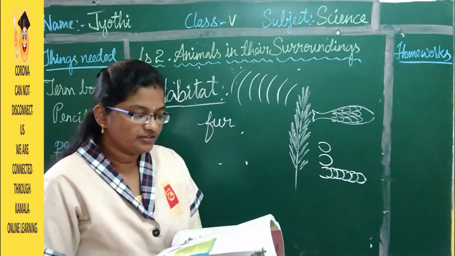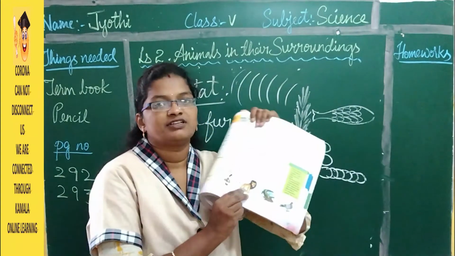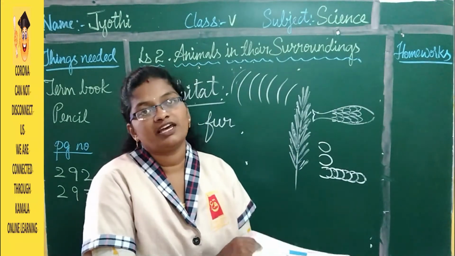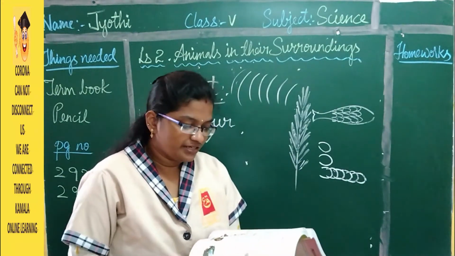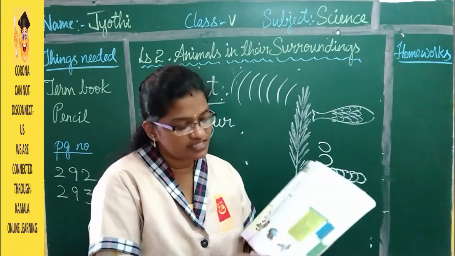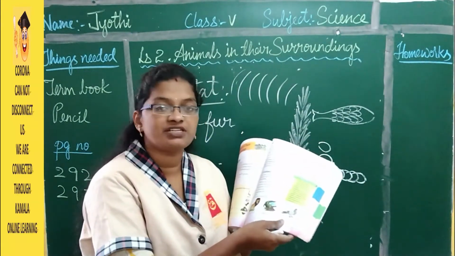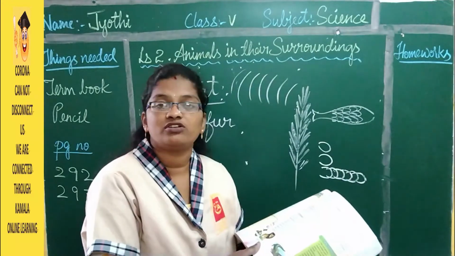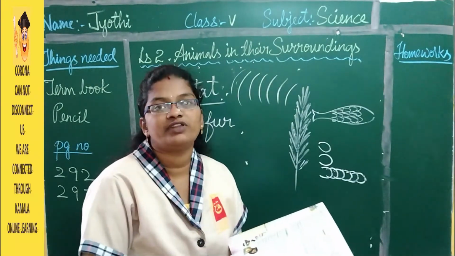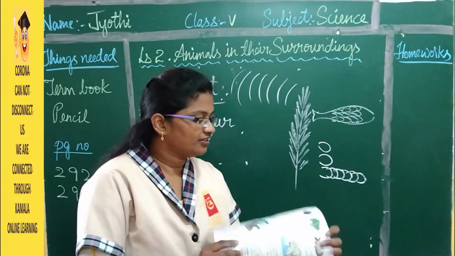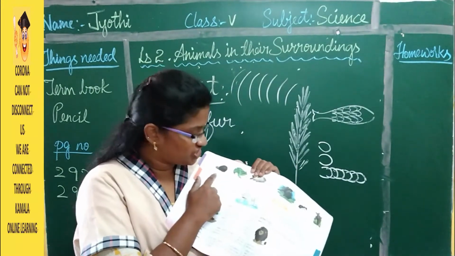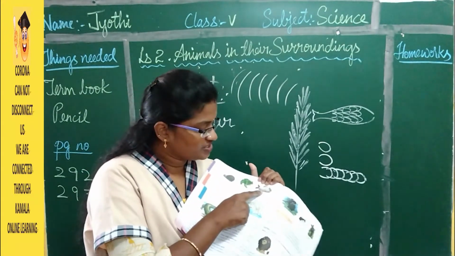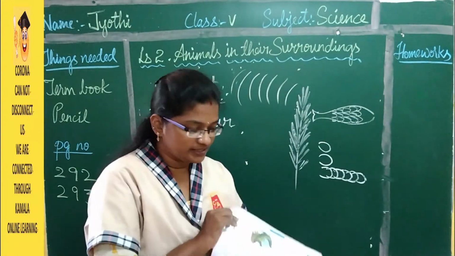So that is about the body coverings. Here mammals. Here the example is a lion. They have skin with hair or skin with fur. Then birds have feathers. The example they have given here is a pigeon. Then reptiles have dry scales, and the snake also has scales on the lower side of the body. Then mollusks have a hard shell. Amphibious animals have soft and moist skin. Then fishes have wet and slimy scales.